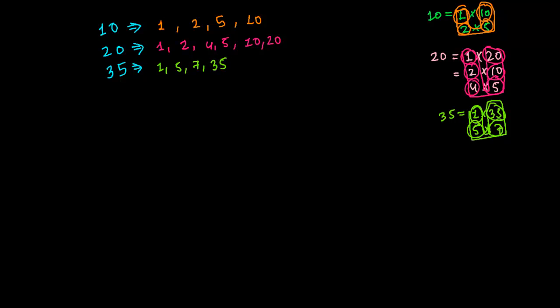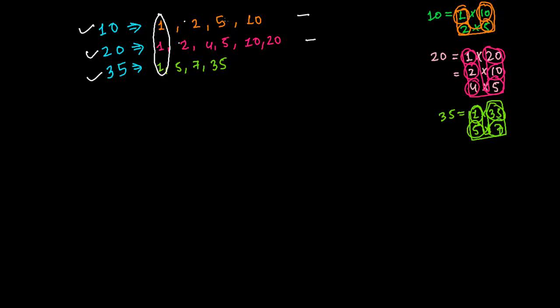So now the question is asking us, what are the common factors? Our common factors are those factors which are in 10 also, in 20 also, and in 35 also. First I'm getting 1. 1 is common in all of 10, 20, and 35. Similarly 2 is not in all three. 2 is in 10 and in 20, but not in 35, so we cannot select it. It should be common in all three.